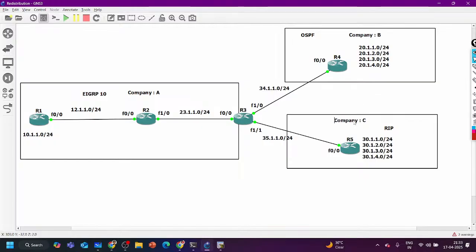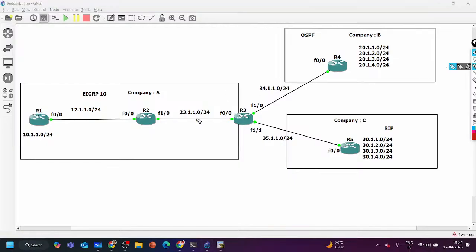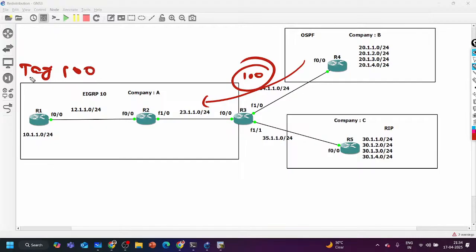And this is company C. Here I want to mark, in company A, whenever any prefix from company B enters, any subnet coming into company A from company B should have one tag to identify it. They should have a tag of 100. A tag of 100 means if the tag value is 100 with any prefix, that prefix belongs to company B.